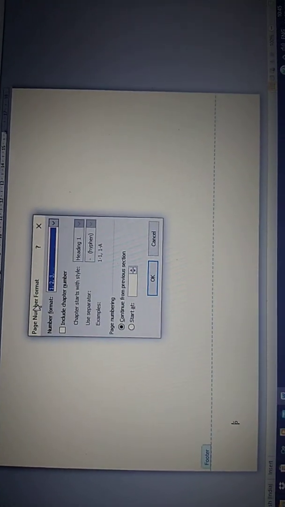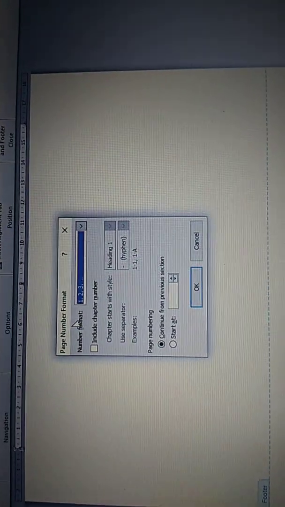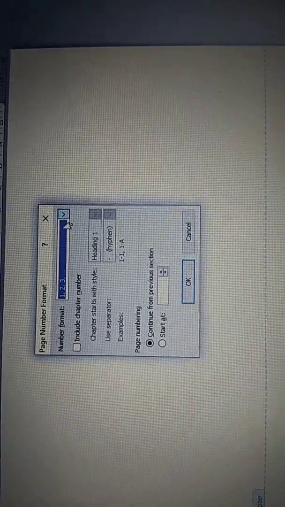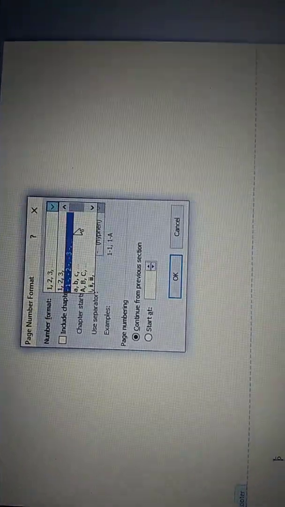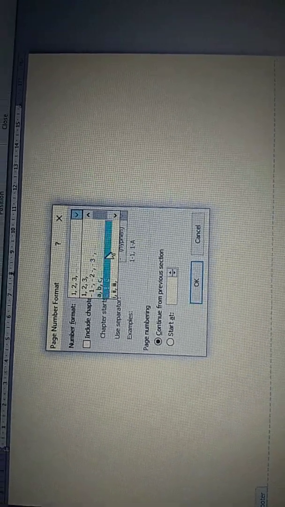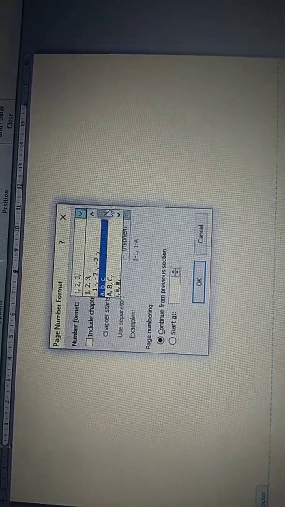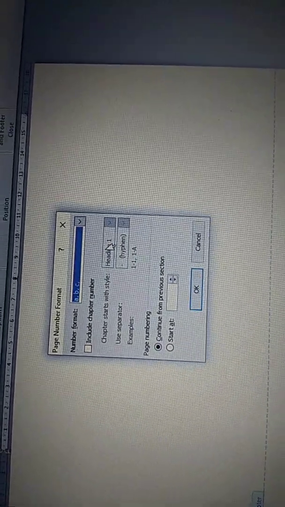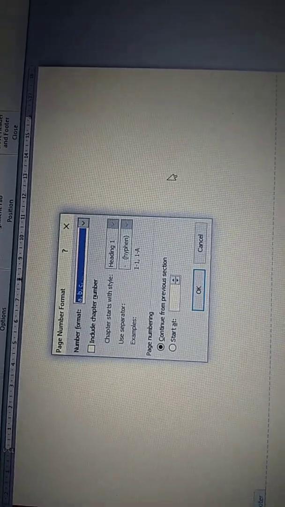Format page numbers, you can go to, the page number format dialog box appears, where number formatting is given like 1, 2, 3, -1, -2, -3, small abc, capital ABC, small Roman, and so on. You can select ABC, include chapter number if you want to.